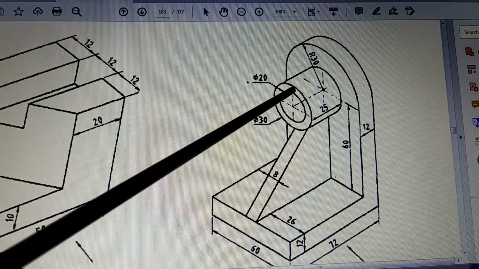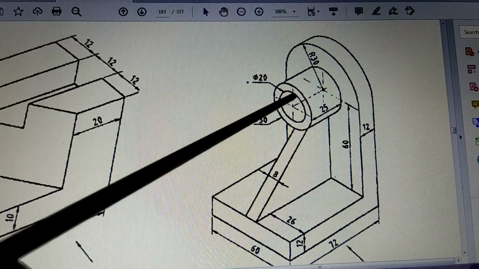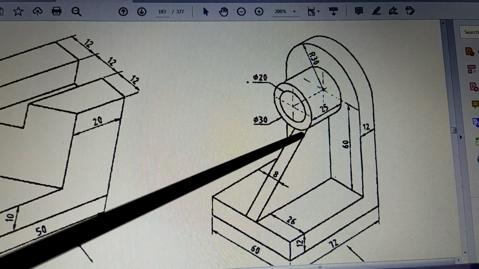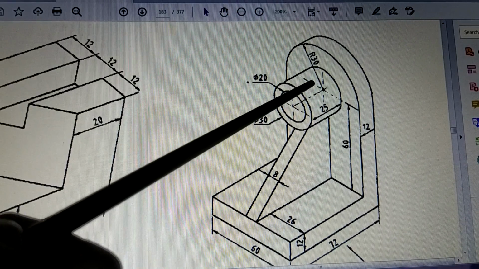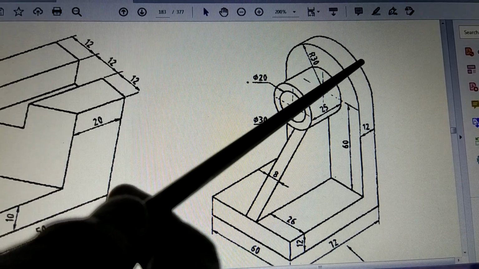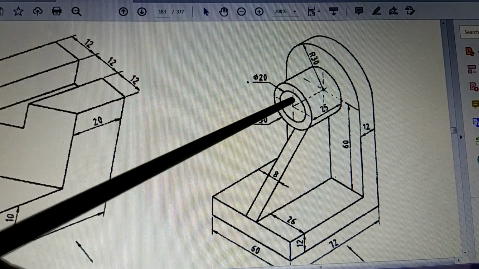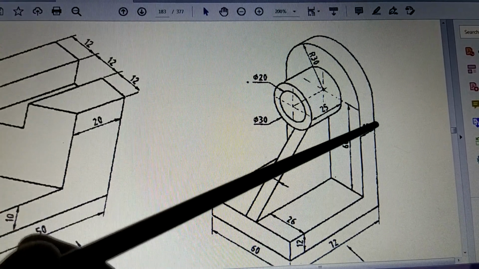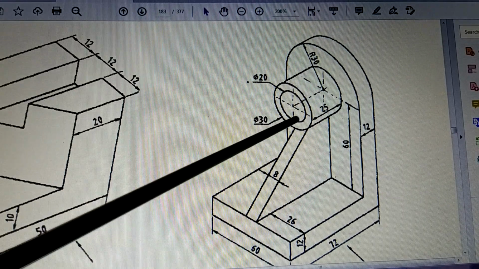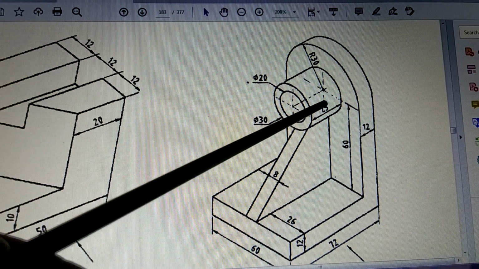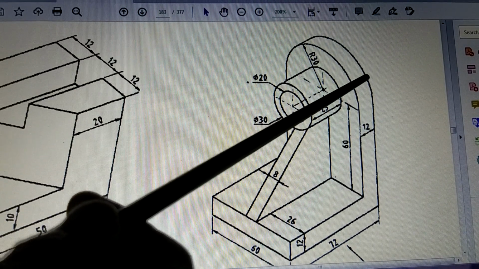So when you draw this rectangle, this line of course will not be seen because it is already merging with this line. The vertical line is already there, but you have to draw these horizontal lines till the last end. The total length of these horizontal lines will be 25 plus 12, and remember it is not seen, so this will be a dotted line, and there will be one more dotted line from this point till the last line.